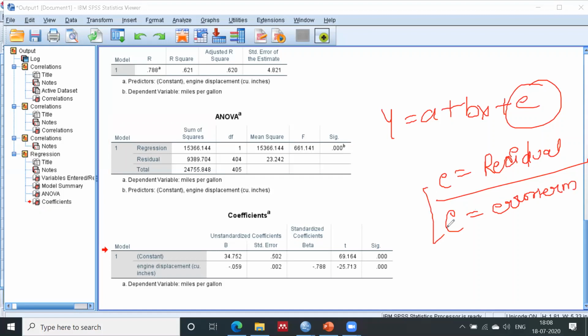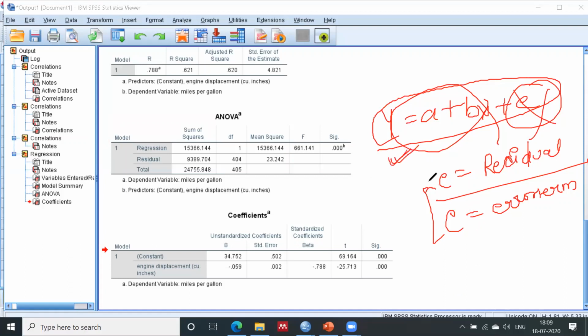So this is the complete equation if you take the residual in your regression. However, if you ignore the error term or residual, you can take a plus bx, but e is also to be considered if you are talking about the exact value of regression or the correct model, right? So the correct equation is y equals a plus bx plus e.